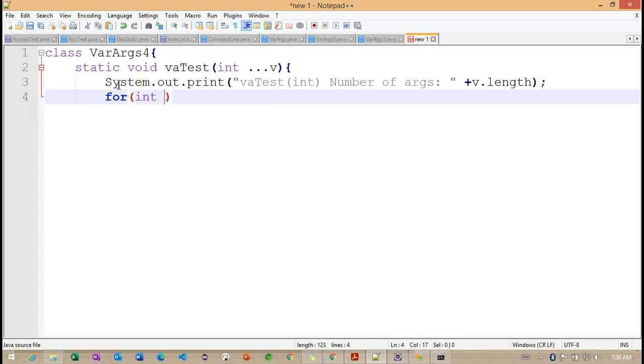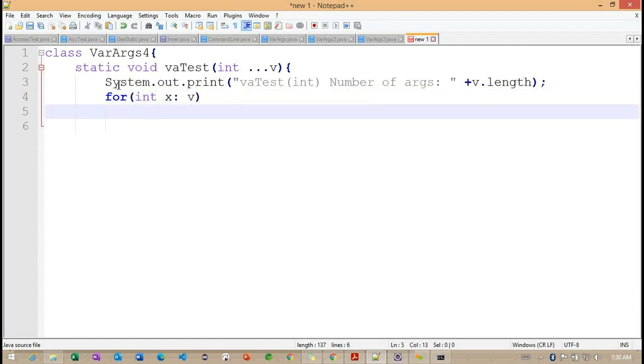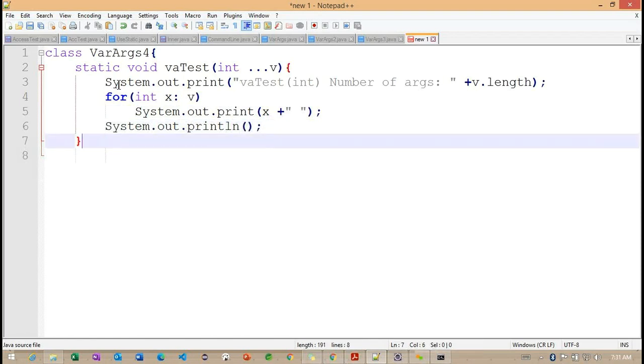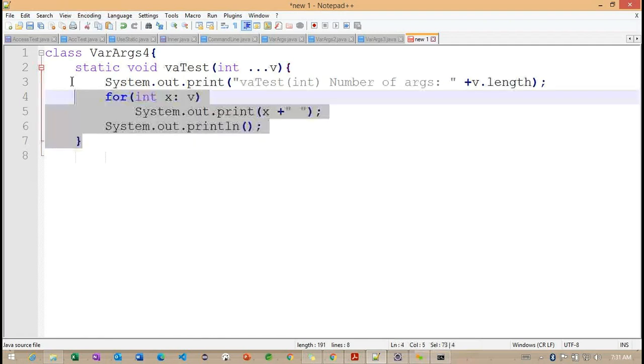And after this, we are trying a for-each loop, and System.out.print the x value. Println. This method I'm closing.